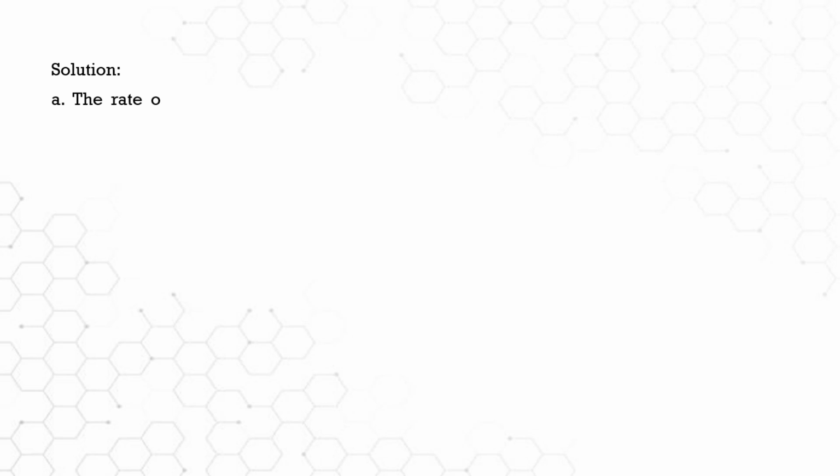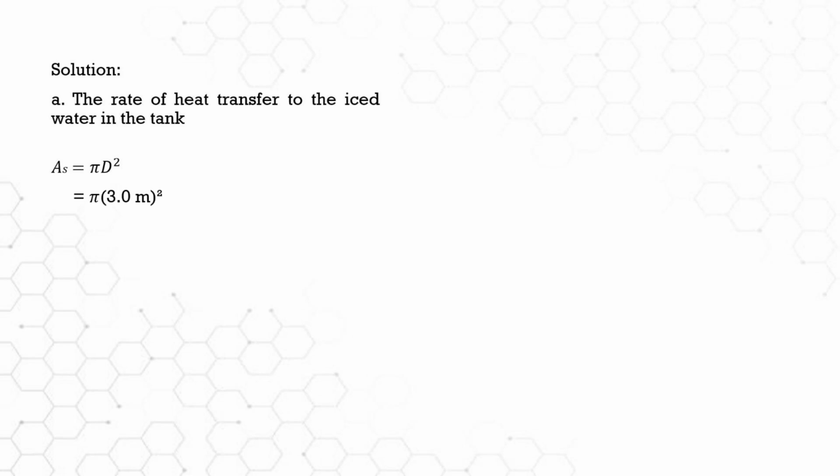The outer surface area of the spherical tank is expressed as surface area is equal to pi multiplied by the diameter raised to the power of 2. Plug in the values, we have pi times 3.0 meters squared. So our surface area is equal to 28.27 square meters. Then the rates of heat transfer to the tank by convection and radiation become: